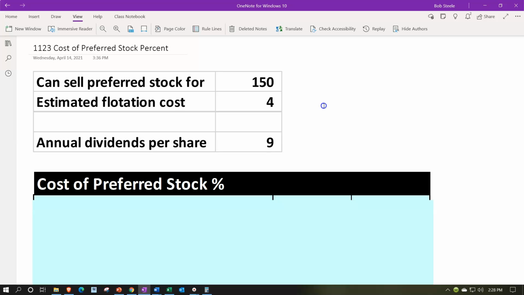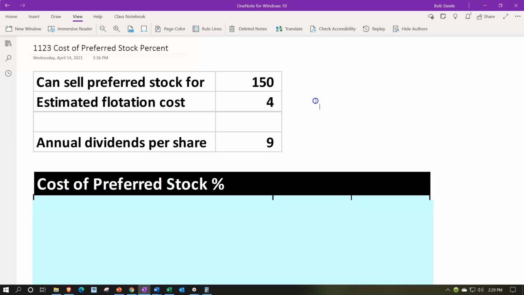However, we also have the preferred stock, which is a bit more limited and thereby a little bit easier for us to calculate typically due to that. So that's what we'll go to first here on the equity side, and then we'll move on to the common stock in future presentations. So we can sell the preferred stock, we're saying, at the 150, and the estimated flotation